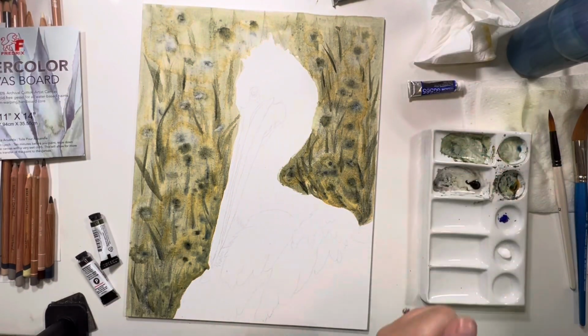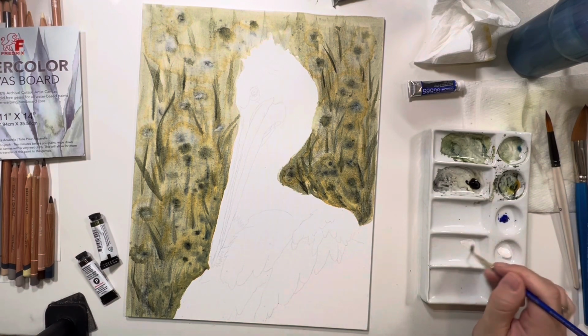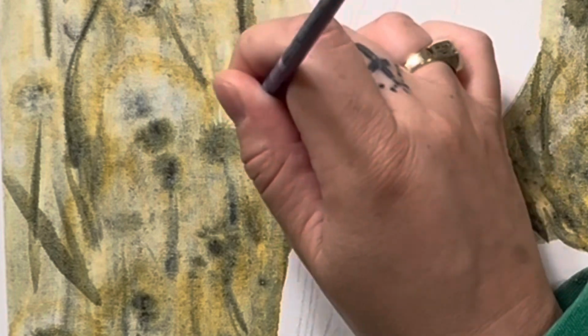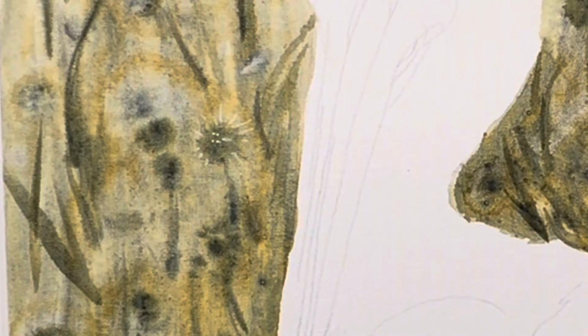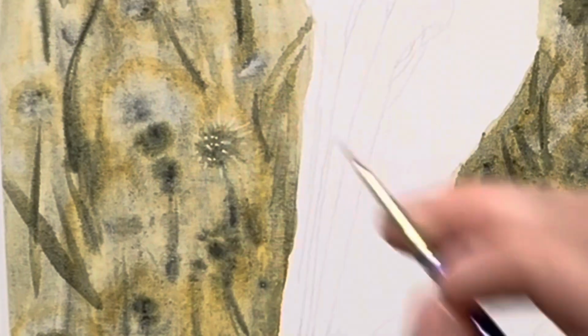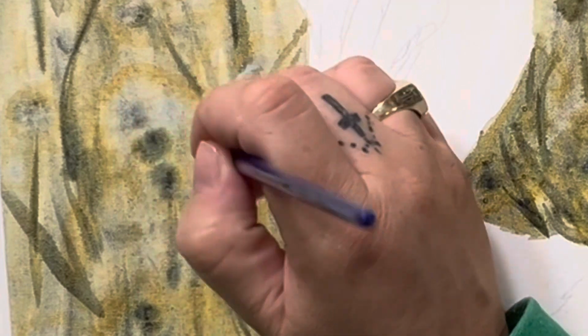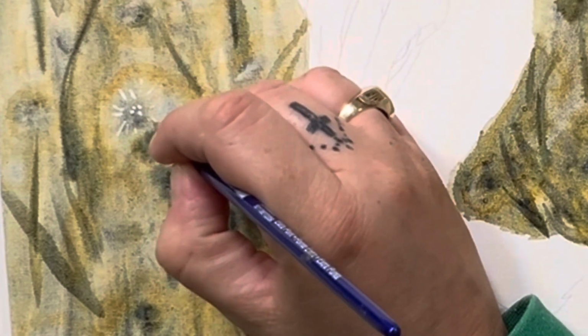So now we're going to be working on the dandelions. I got a little bit of my white gouache and I'm using that. I'm adding a little bit of water to it, and what I'm going to do is just basically make little straight line marks coming out of it, just like here and there, and then little dots going around. So little marks like straight lines coming out, and then I'll be going in and adding my little dots here